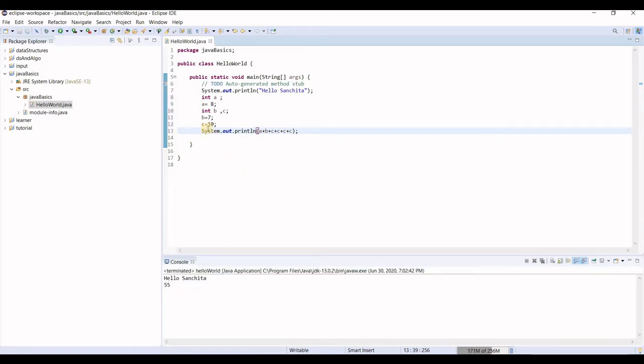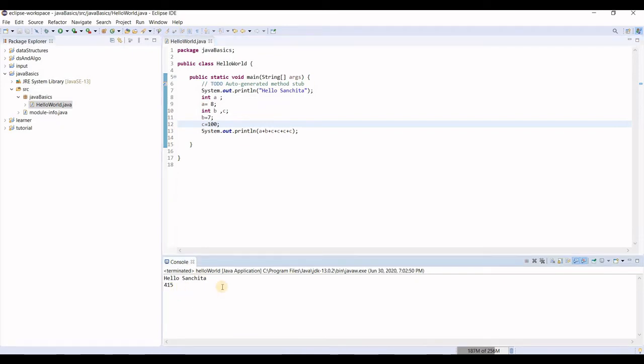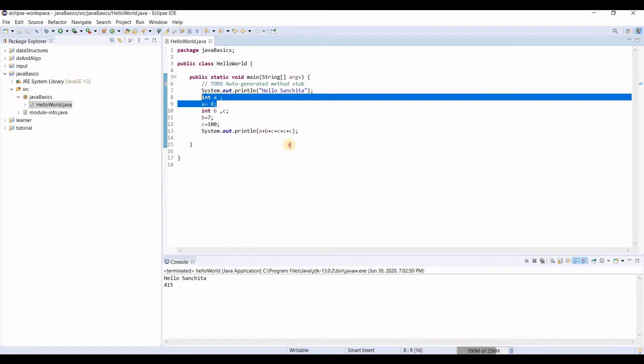This gives you 55, and now even if you want to change this 10 to 100, you don't need to change it everywhere. The compiler is going to do it for you, and you get the answer 415. Alright, so this is how variables are being declared and initialized.